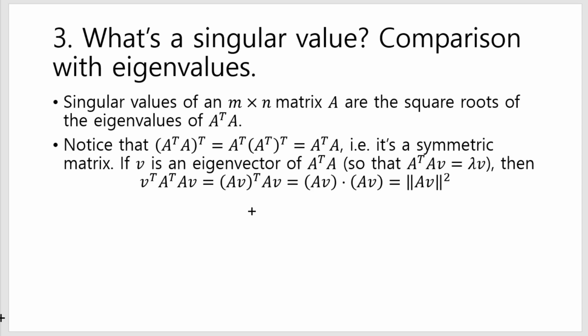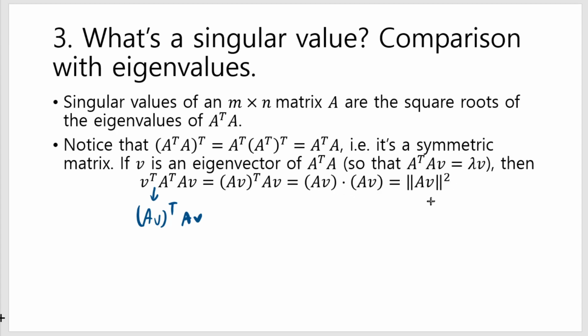Now, another thing that you can figure out is that if V is an eigenvector of A transpose A, and I said symmetric matrices will have real eigenvectors with real eigenvalues, right? If I do this dot product, V transpose A transpose AV, this is the same thing as AV transpose AV, right? And that's really the dot product between these two,